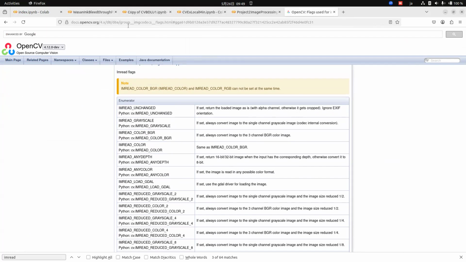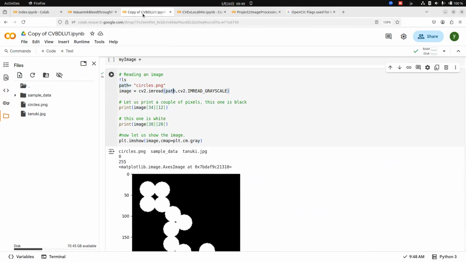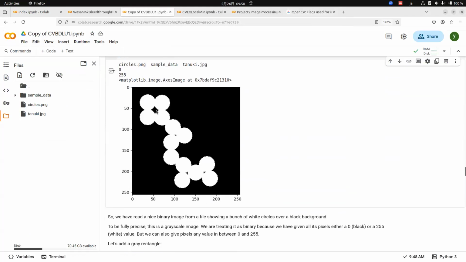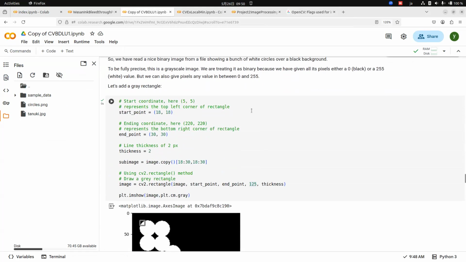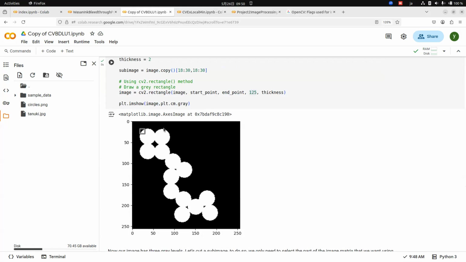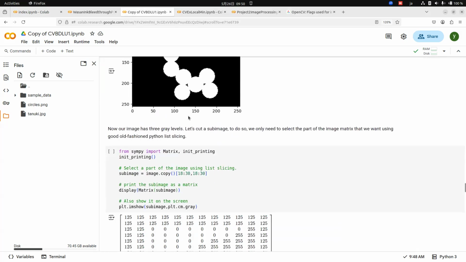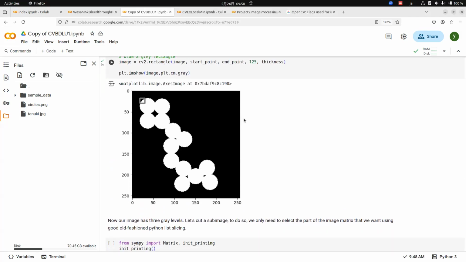You can check it out, Google it, you can get it from here. I recommend probably the imread color flag for color images. But again, you can just Google it and find out exactly how to do it. Okay, so we loaded our image, drew a gray rectangle in it, and now we can very simply show a